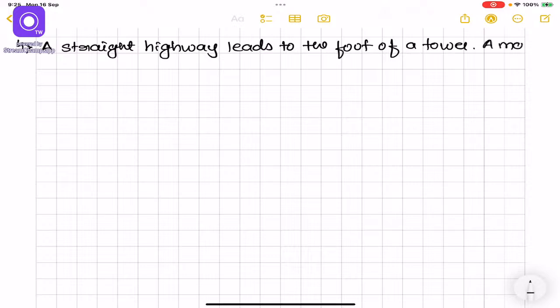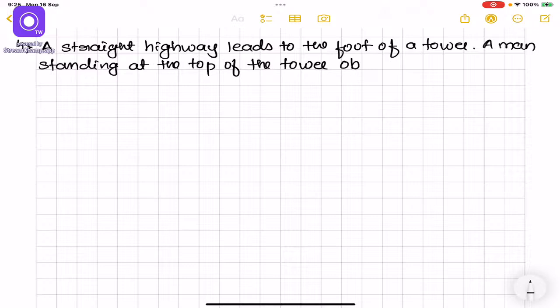A man standing at the top of the tower observes a car at an angle of